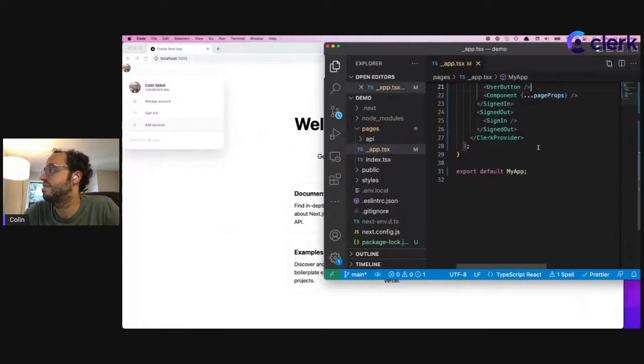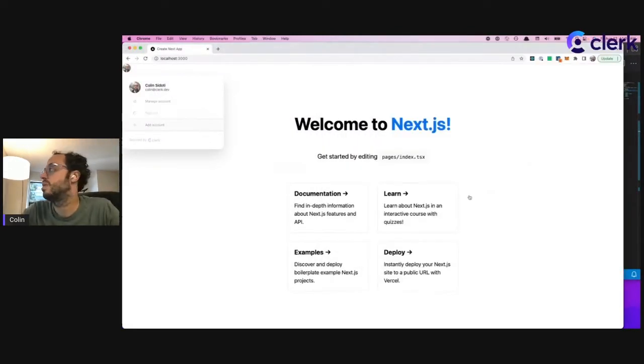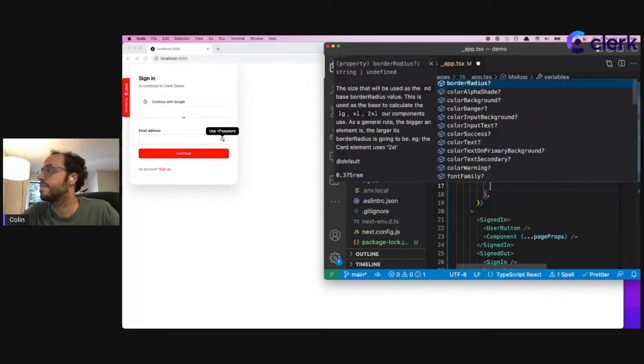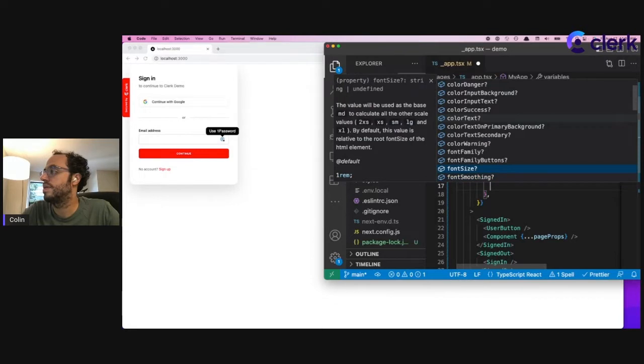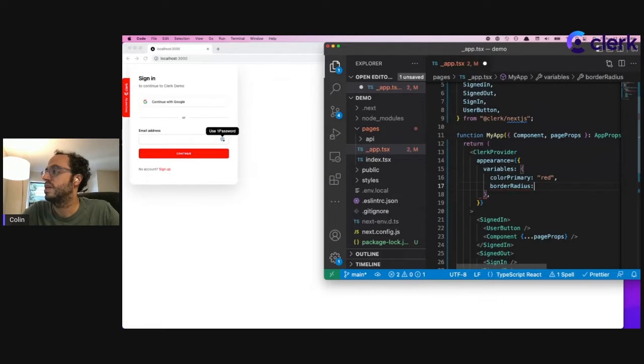What did I do? I already have the variables here. So let me start there. What we're really focusing on for this is not variables. There are a bunch of variables. We can hit, looking for the border radius, right? We can tighten everything up here if we just set border radius to like 2 pixels. There's a lot you could do with variables, but for this demo, we're going to